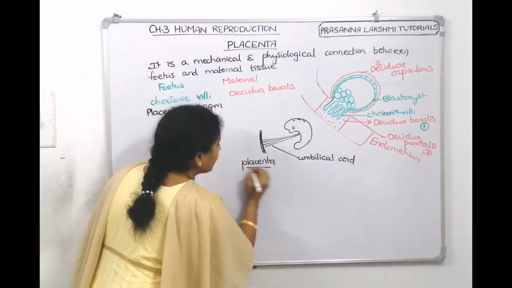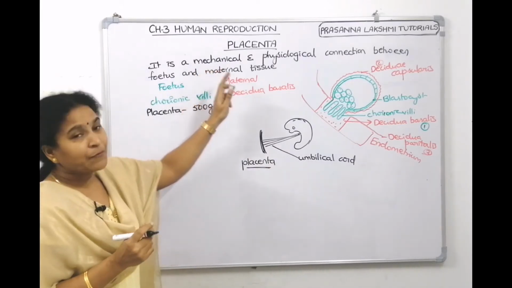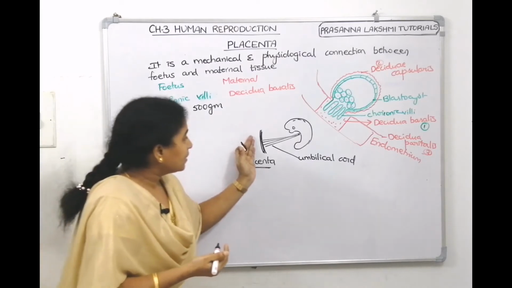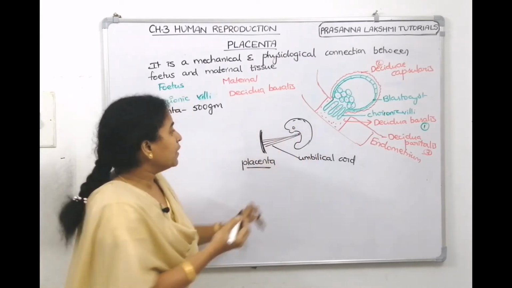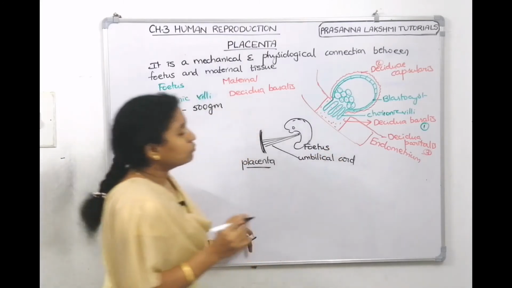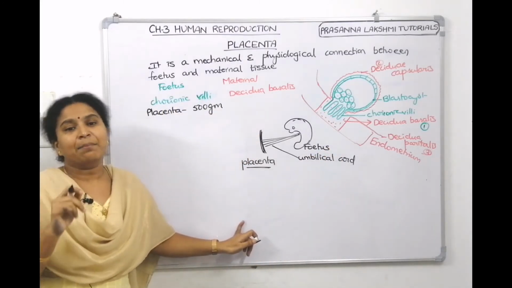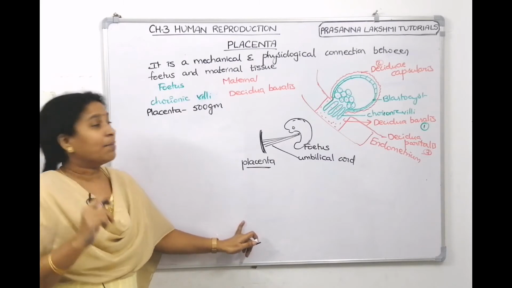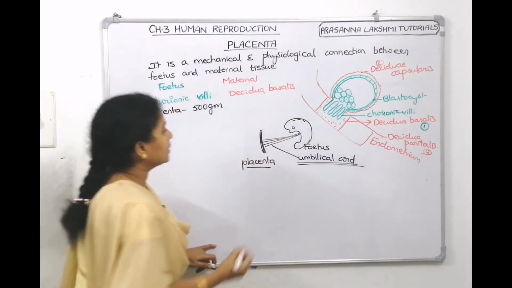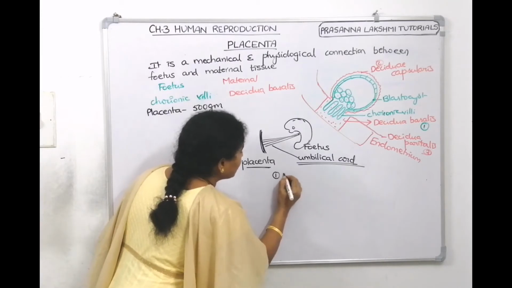What is placenta? Placenta is a mechanical and physiological connection between the mother and the fetus. Now, this placenta is connected to the fetus through a cord which is called the umbilical cord. Now, what does the umbilical cord contain? This umbilical cord contains two